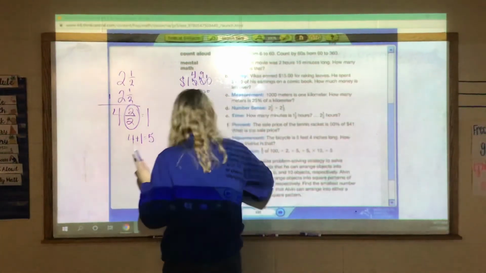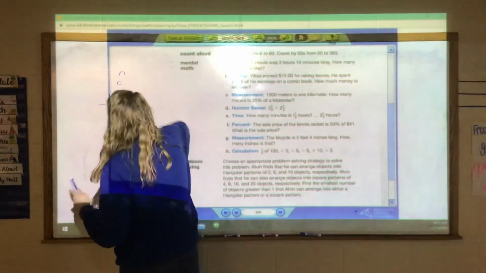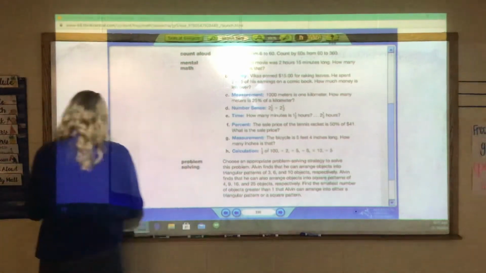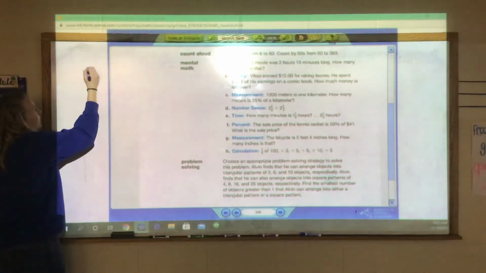Remember, it is the same number on all sides of the triangle. Same thing with a square pattern. So let's do our triangles first. So we have 1,